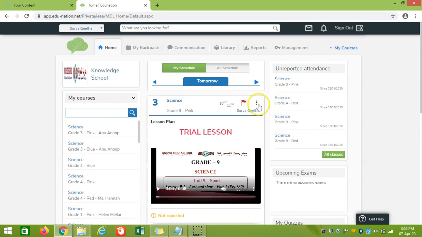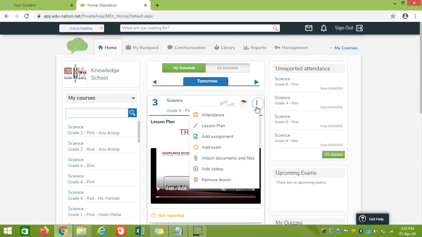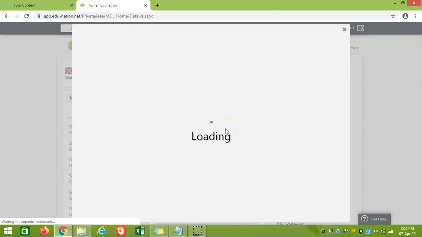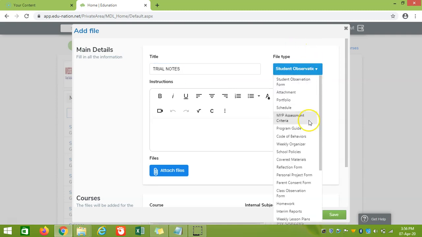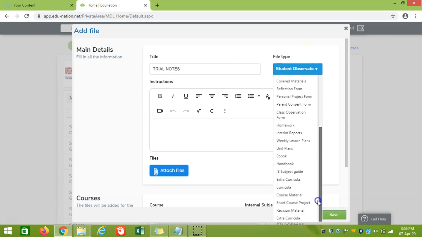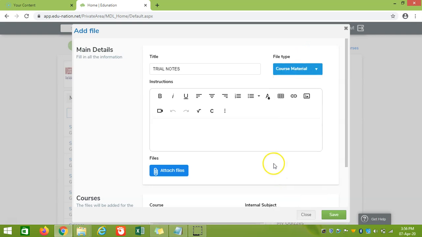Then how to add the file, like if you want to add documents like notes or something like that, we can go to attach documents. The same thing, like trial notes. Then we can choose course material. Again, if you want to add instructions, you can add them over here.